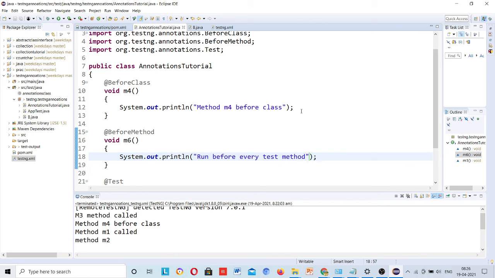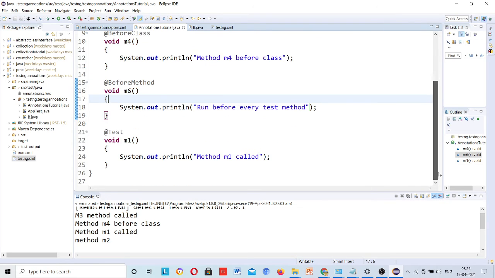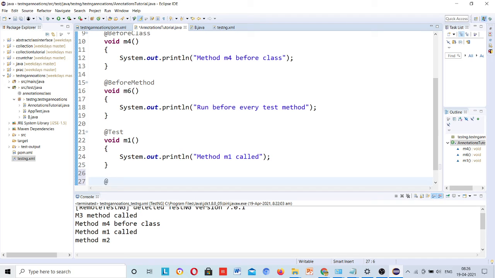Okay, suppose you have five test methods in this project. Like this m1 is there, m4 is not a test case, so you have suppose m6. I will make one more test case.